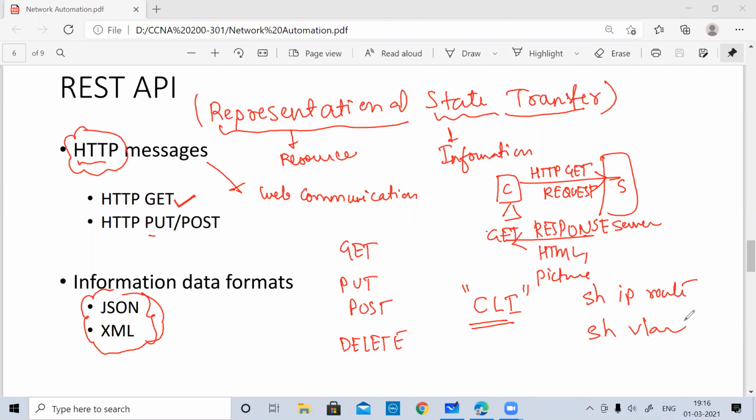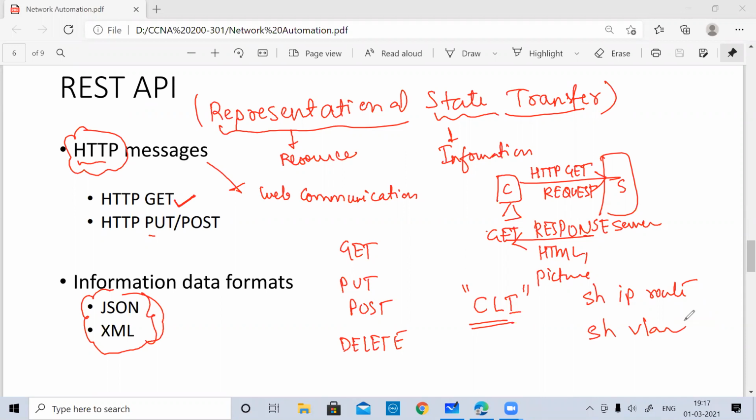With CLI, as well as with the show commands or debug commands, the format of the messages you see on the CLI screen is very different. It was not developed with the future use of scripting or automation in mind. CLI was developed for humans, for us to understand and to configure. So whatever format you see with the show commands at present cannot just be taken and used for automation. It needs to be formatted in a proper manner so that we can make use of scripting to automate our steps or processes.